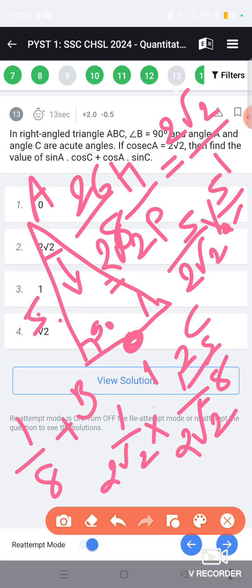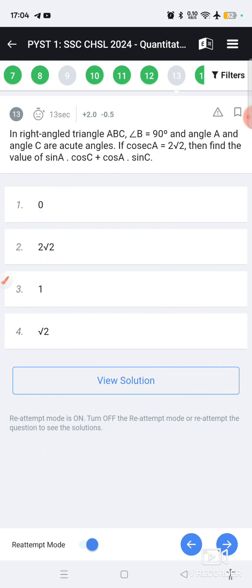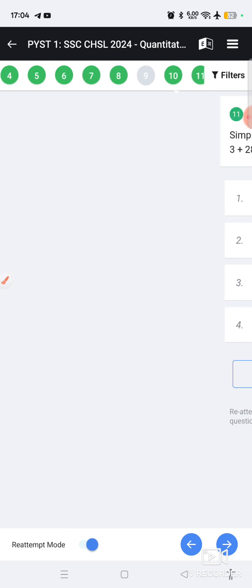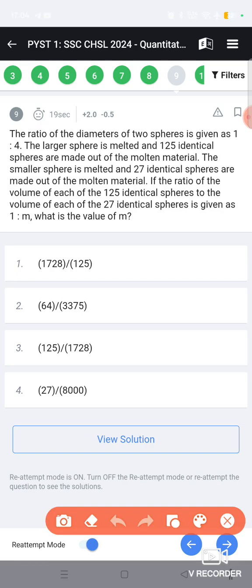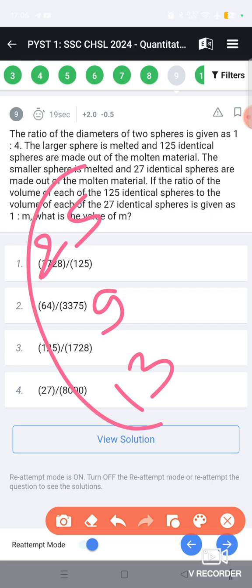No idea. Then 25 and 13 are skipped, and we go to 9. The ratio of the diameters of the two spheres is given as 1:4. The larger sphere is melted and identical spheres are made out of the molten material. The ratio of the volume of each of the identical spheres, no idea. Then the skipped questions are 15, 9 and 13. 3 questions are skipped